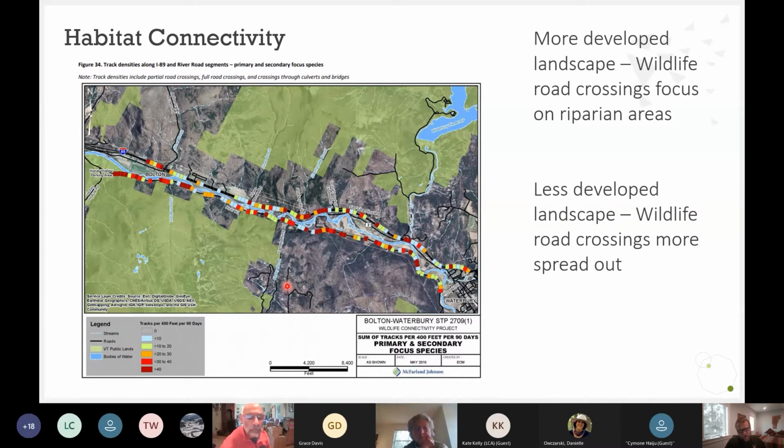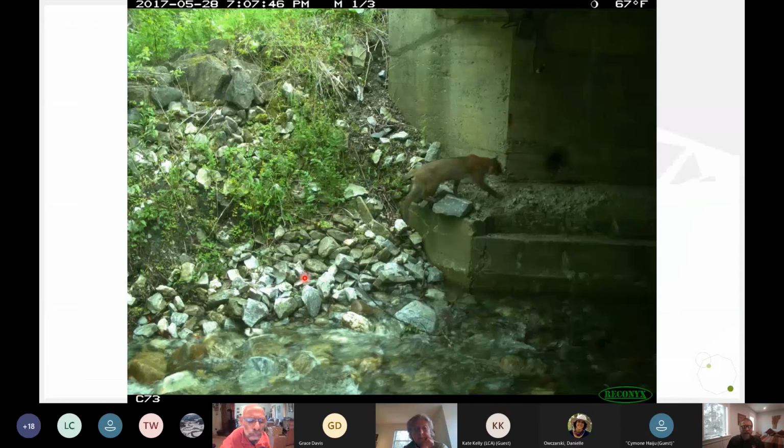And so there's this real correlation where we can use this infrastructure, the bridges and culverts that pass water under the road system, to potentially also pass wildlife under the road system. For some species, our existing network of bridges and culverts are actually working in a whole lot of instances to allow for wildlife passage under the road system.